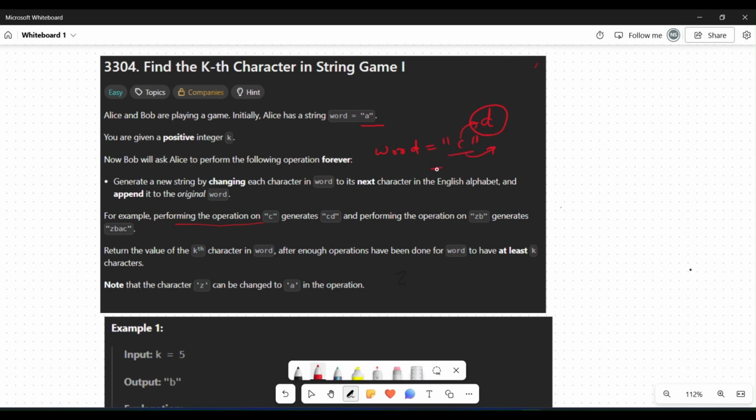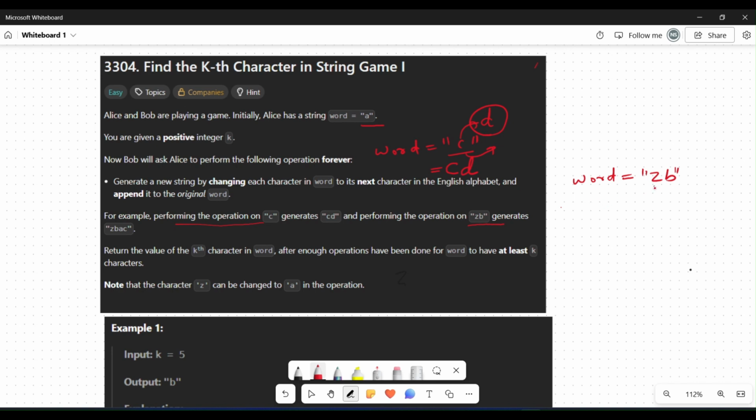So initially we have C, and what I will do is C plus D. If we see another example, here is ZB. This is my initial word, and we have to do one operation.